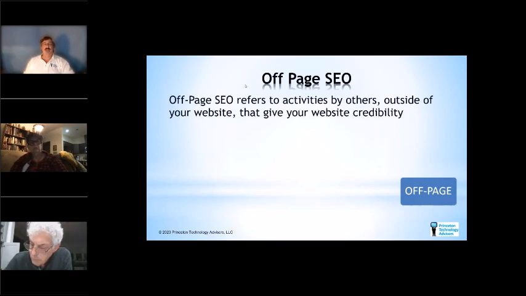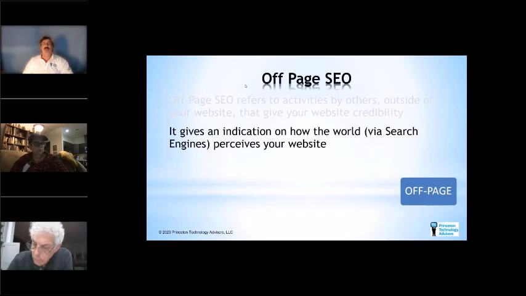The off-page SEO is not on your website. It's web pages on other websites. Remember, earlier I said have links on your website to other websites. Well, you may want to contact some people that have similar websites as yours and ask them to link back to your site. That's called cross-linking. You link to their site, they link to yours. And what happens when Google starts seeing that there are other websites connected to yours, it kind of says, oh, other people think highly of this website because they're referencing it.